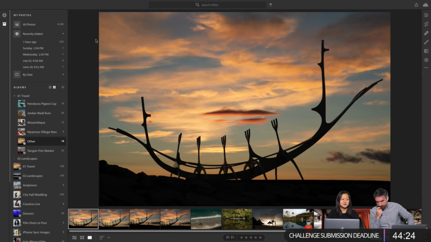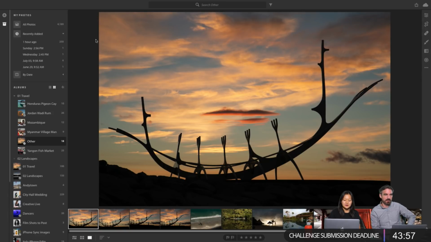I was taking a photo of this. Yes, ding, ding, ding. We have a winner. Mexico? So, Caroline, no, it's actually in Iceland. This is Reykjavik. It's just a statue. A sculpture, yeah, right by the water. It's not like a Viking boat. I think it's inspired by a Viking ship, and it's called the Sun Voyager, I think.